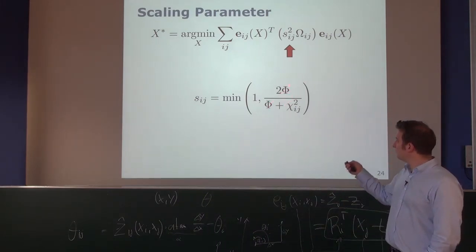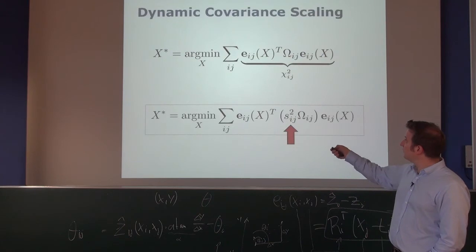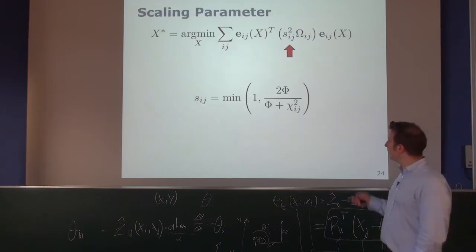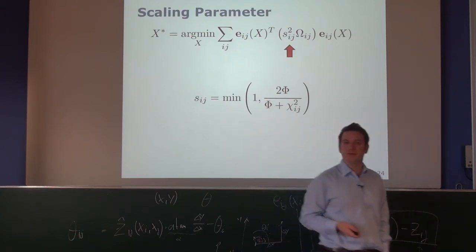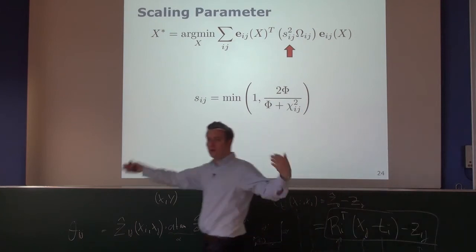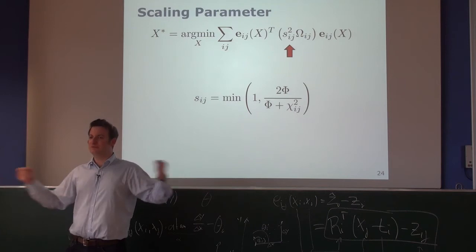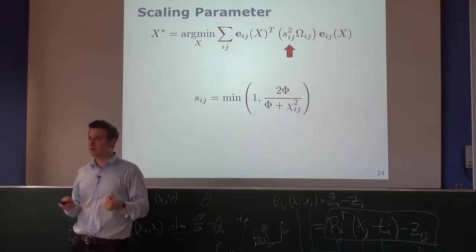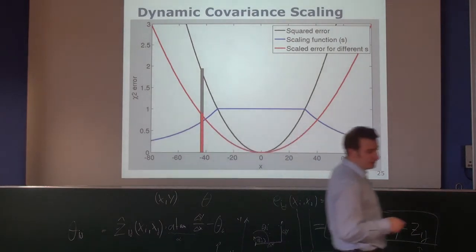So this is just a free parameter that's here, and this is kind of the original error, the chi-square error. So this was this term over here. So what you do is you compute the original error, then you compute this Sij and just multiply your information matrix with this. This leads to the case that constraints which are far away from what we expect have a smaller influence on the optimization. So we can actually visualize this. So what you see over here is,